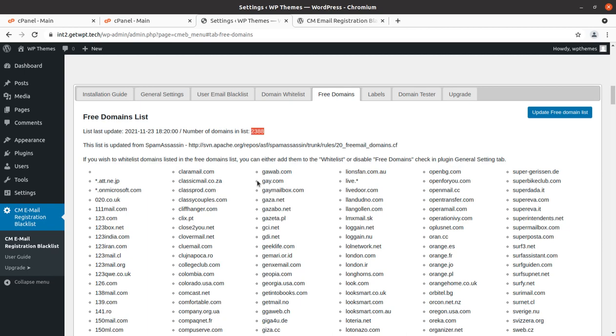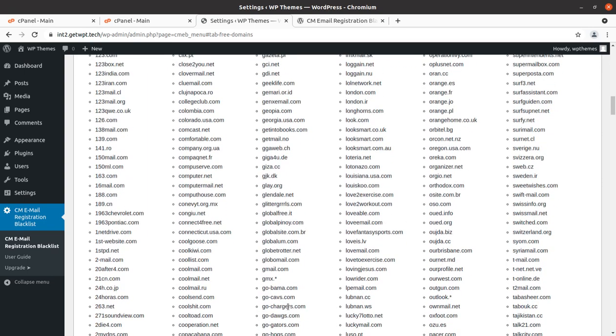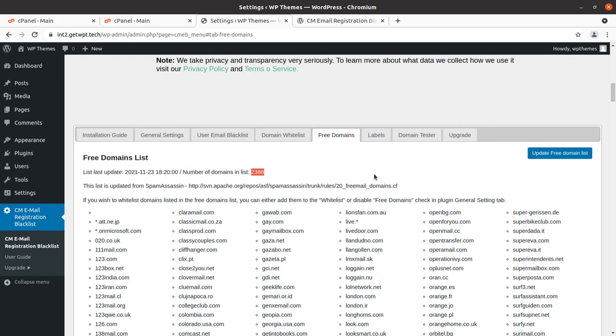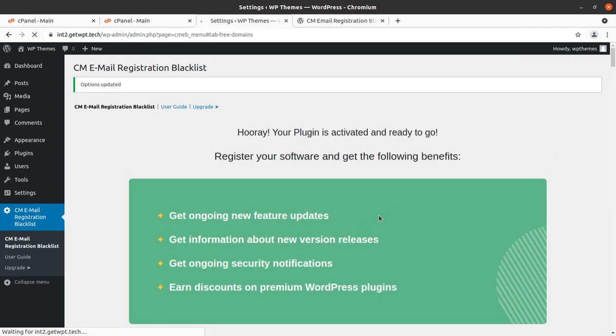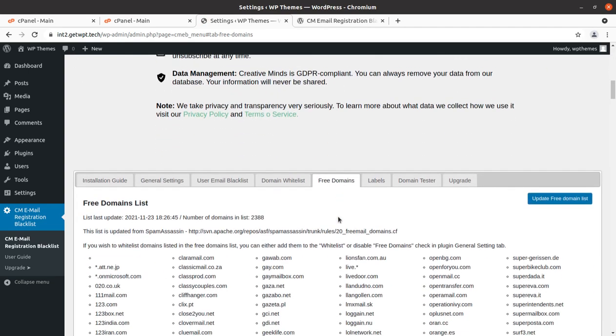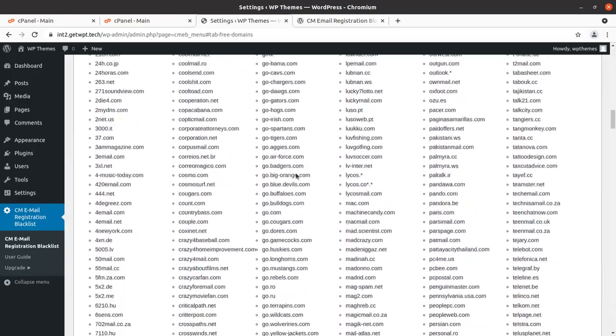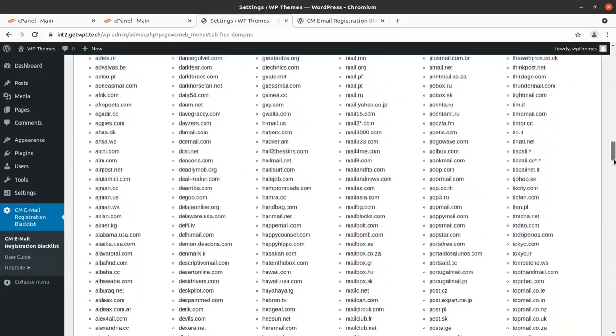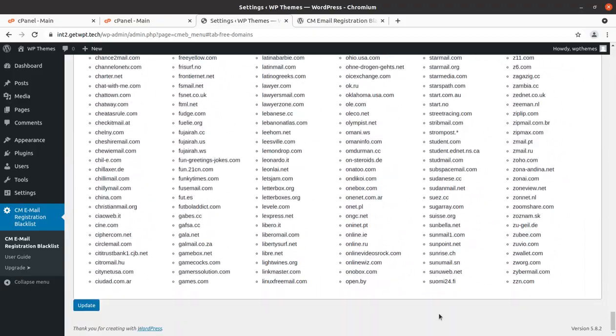There are 2388 domains which have already been included in this list, and you can even update your domain list. Just simply click on this tab and you can add any new domain to this list. And okay, so it might not be allowing. Let's see.